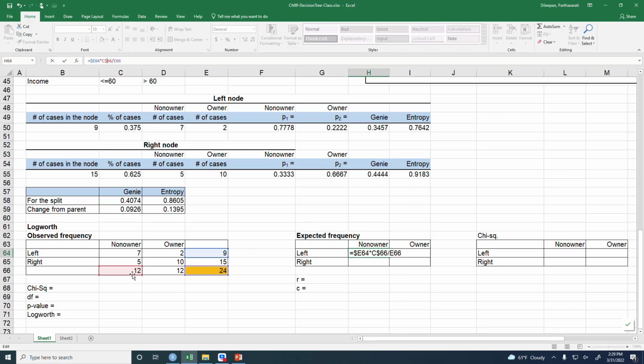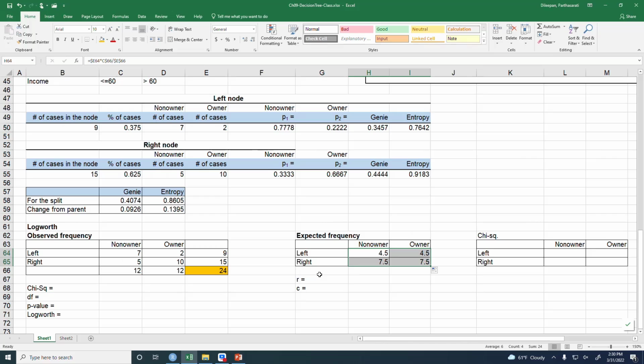You want the row to be fixed and the column to change from C to D. And for E66, both should be fixed because the grand total always comes from E66. So now if you copy that across and down, you get